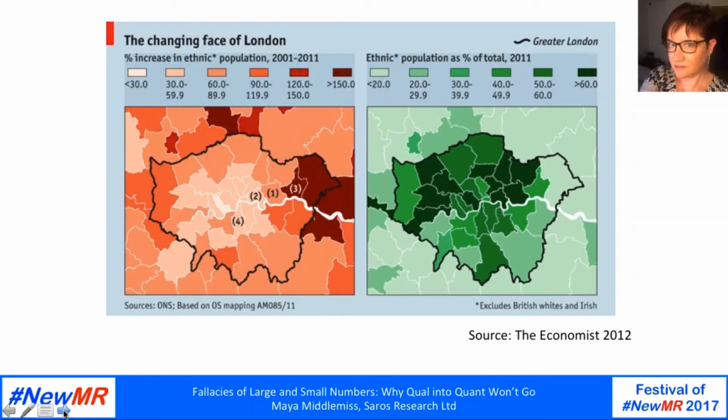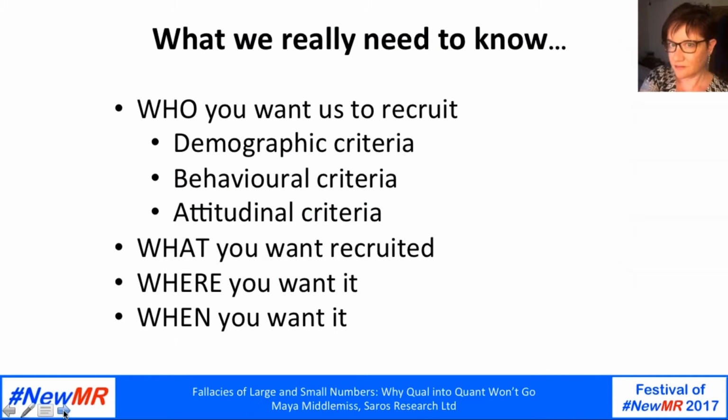So, what does a qualitative participant recruiter need to do a good job? This probably won't come as any great surprise. We need qualitative criteria. Okay, so the demographics are likely to be pretty quanty. We do need to know who you want in terms of location, life stage, occupation, and so on. But when very small numbers are involved, generalizing from this to specific behaviours and attitudes is far too risky, so we need to define those issues in qualitative terms.